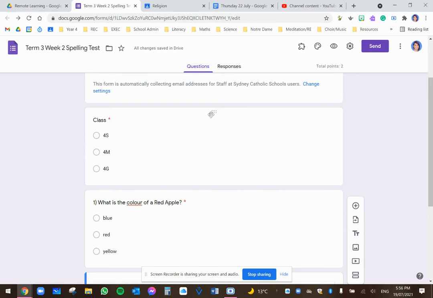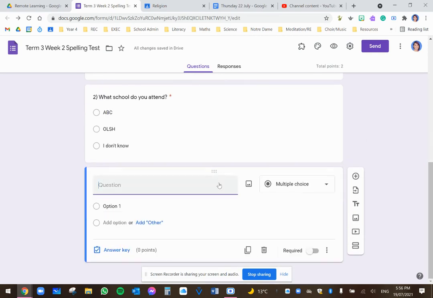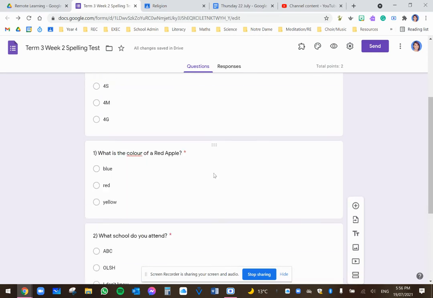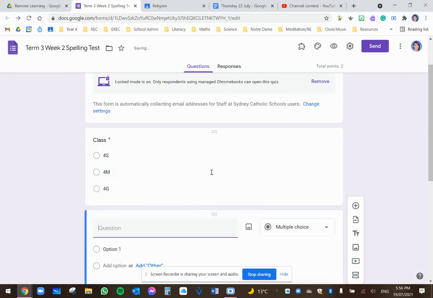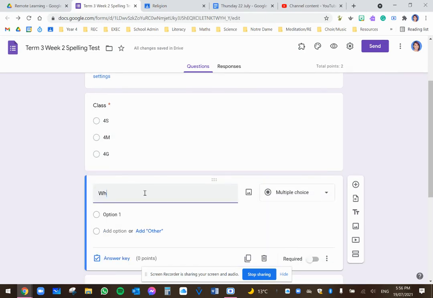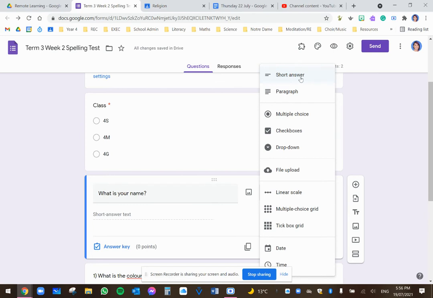most likely you would want to know who is attempting this form. So after the class, you will want to have their names. So I'm going to add another plus sign, which is down at the bottom, and then drag it up to the position that you want in the form. And I'm going to type the question, what is your name? And in here, instead of giving them a short answer, I'm going to actually give them a